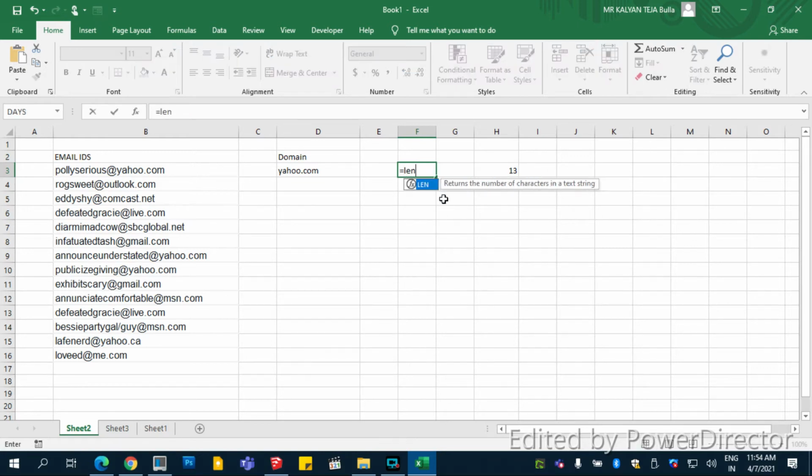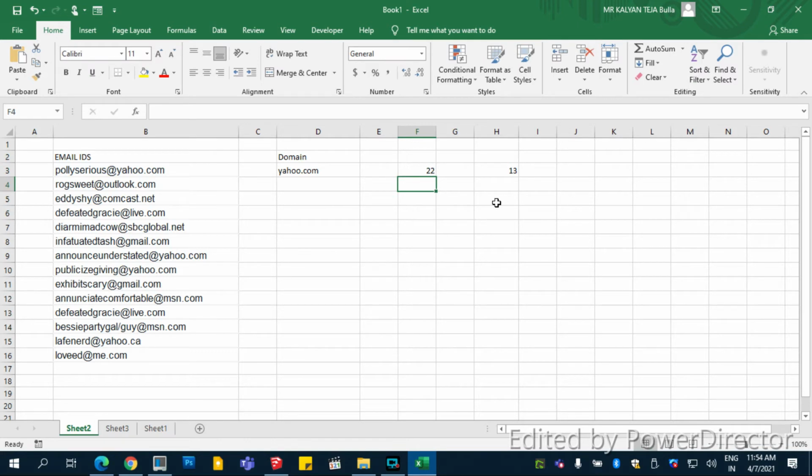Equal to LEN, parenthesis open, you select the cell and close, and it will display the total number of characters in the string. There are 22 characters in the string. We don't need the total length here, of course. We'll just go with these two.